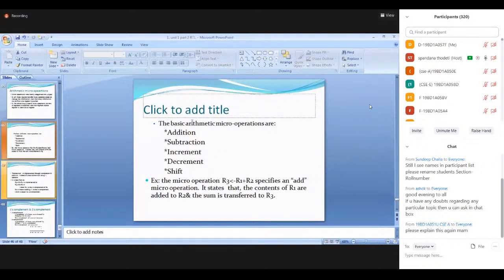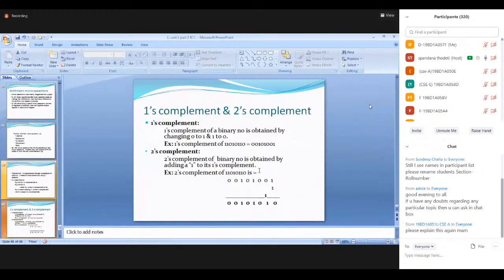So you know what the arithmetic micro operations are? Obviously, the arithmetic micro operations are addition, subtraction, increment, decrement, and so on, right? Before we discuss addition and subtraction, first we should know the ones complement and the twos complement, because in our computer system, subtraction is always performed using addition. Generally, for our decimal numbers, you perform the subtraction using some minus symbol. But here, subtraction is implemented using the two's complement addition. Right?